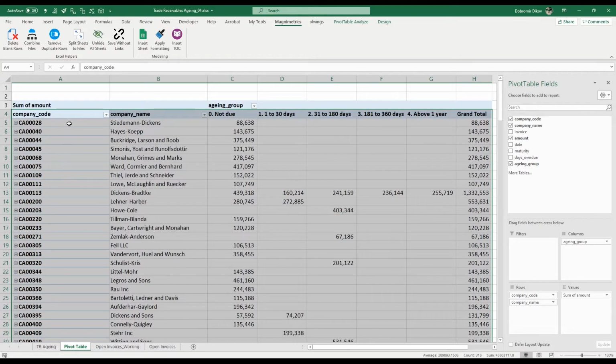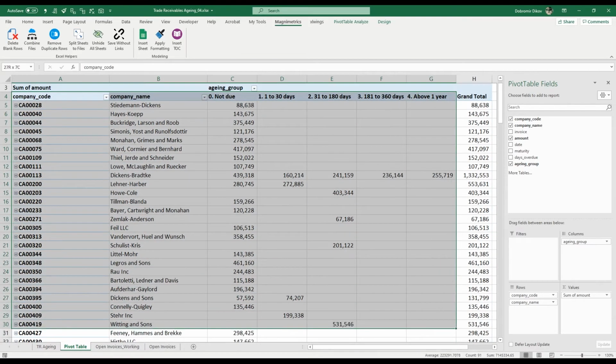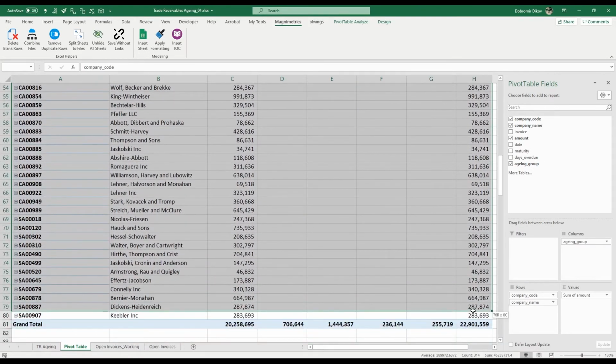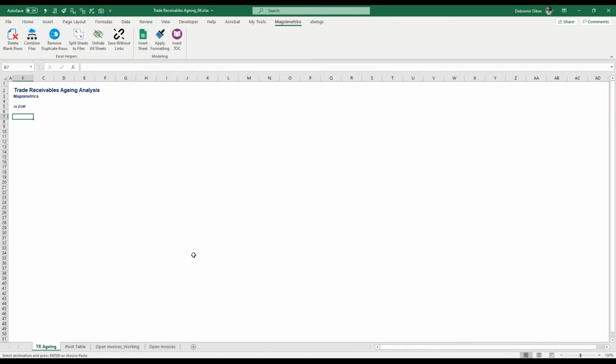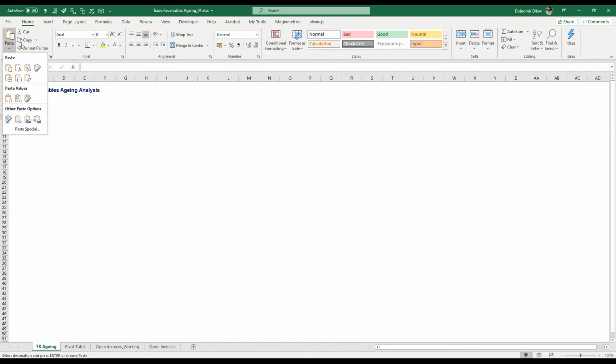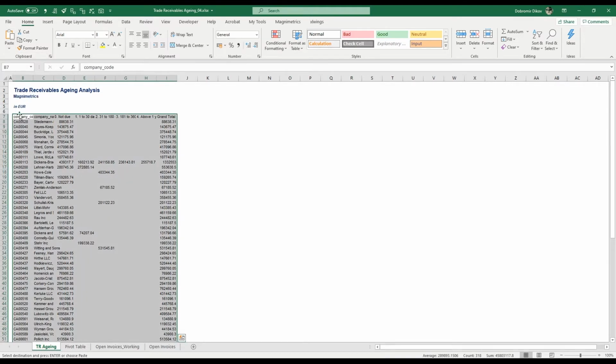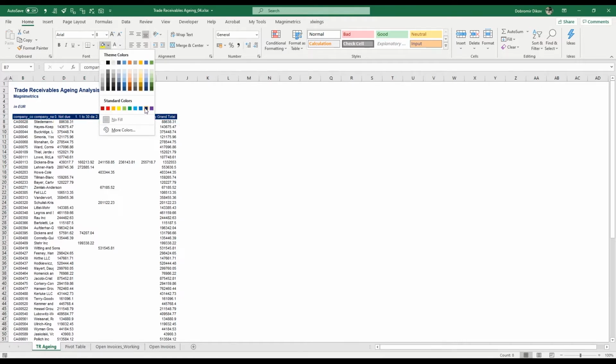You can do the same thing by clicking with your mouse and dragging. It's just how I prefer to do it. I prefer to use the mouse as little as possible. I'm going to copy that, go to our TR Aging sheet, and paste it as values. So I'm going to go to the Home tab, hit the arrow here on paste, and choose paste as values. Okay, then I'm going to grab my first line and make the color of the text blue,